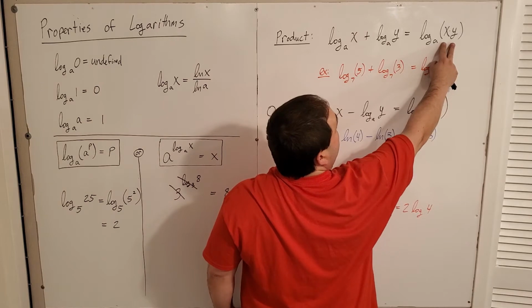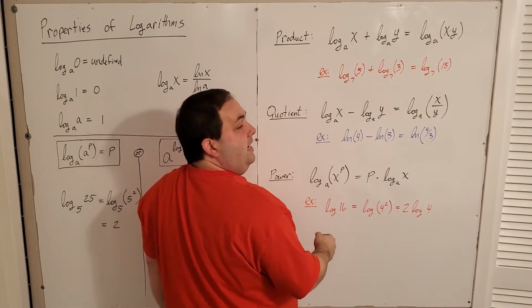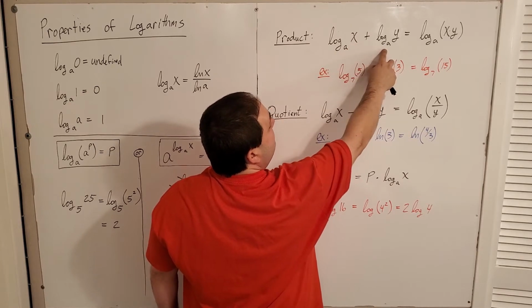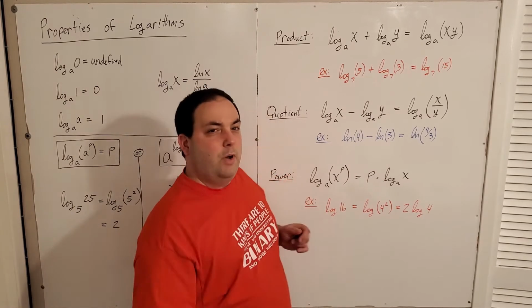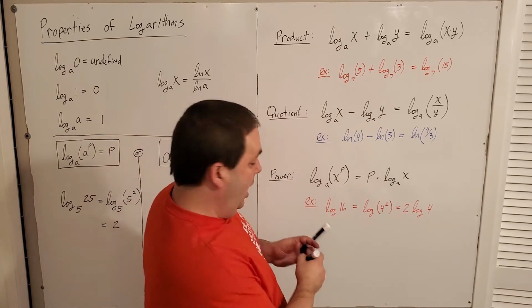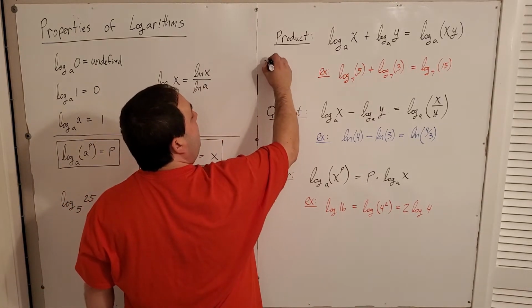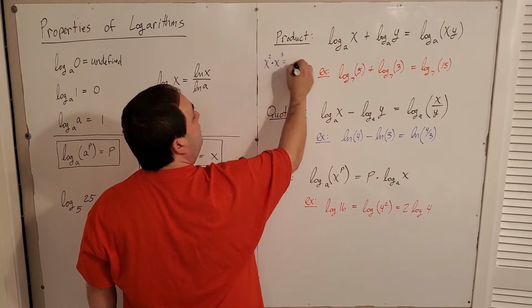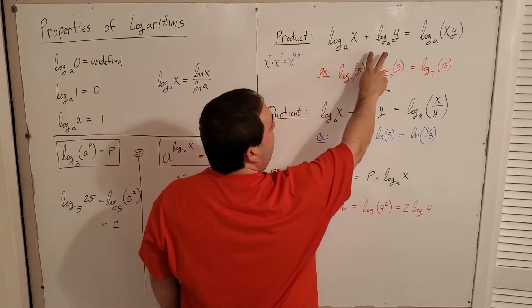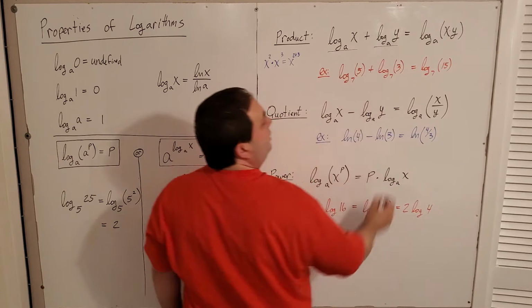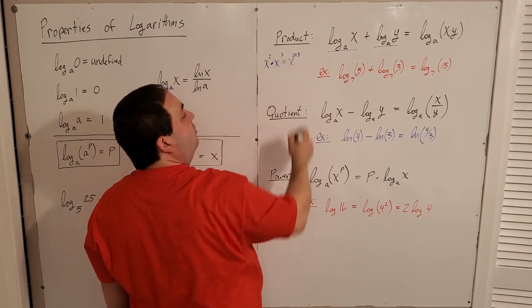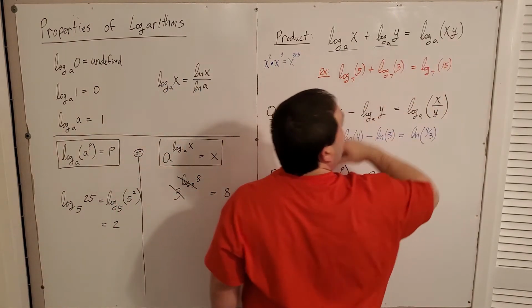If I have a product in a logarithm, then it came from the addition of two logarithms that have the same base. Okay? And you already knew this property, but you've probably seen it another way. Anytime you have something where you're multiplying bases that are the same, for example, x squared times x to the third, you add the exponents, right? This is the same property. I'm adding two exponents, right? Logarithms are exponents. And if I add those two, then it should result in something with a multiplication, like that,